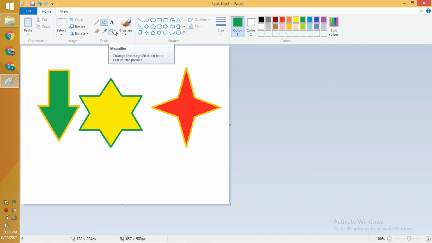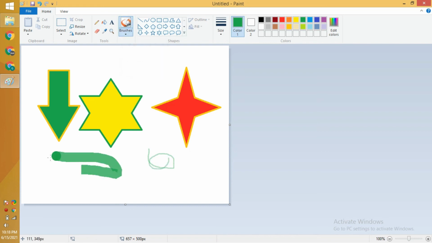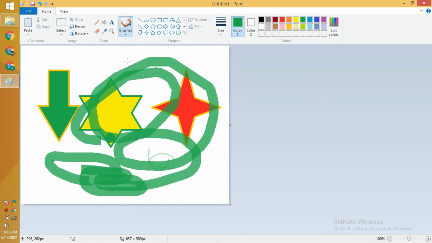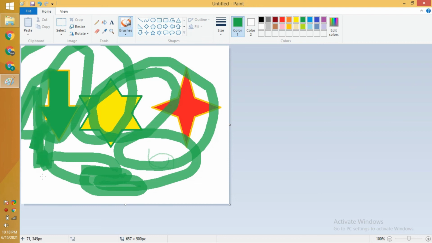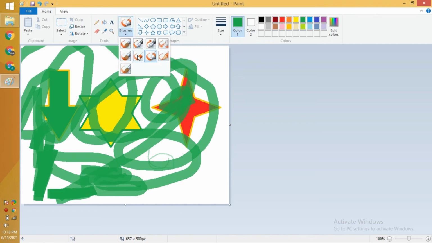It is really very easy to use. You need nothing to do. You will select just the basic brush tool and you can do some more things, like I will select this one and I will select this one. You can see it is a really beautiful dimension and beautiful design, and I will highly recommend you use this brush for your personal use as well as for your projects.